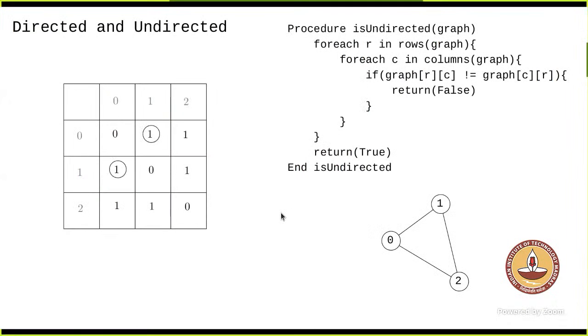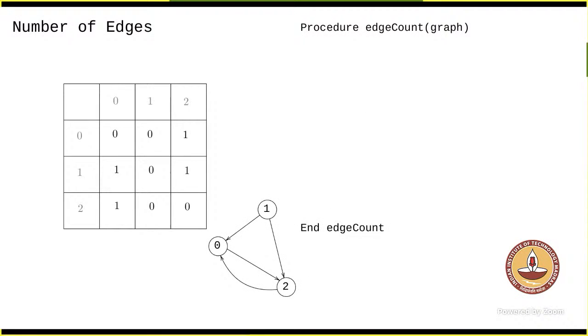Okay, so that's directed versus undirected, right? Here you will have to go over all these things, and mainly you have to check the off-diagonal elements. Anyway, diagonal elements are going to be 0. And here all of them match, therefore it's undirected. Okay, so that's done. Now let's look at